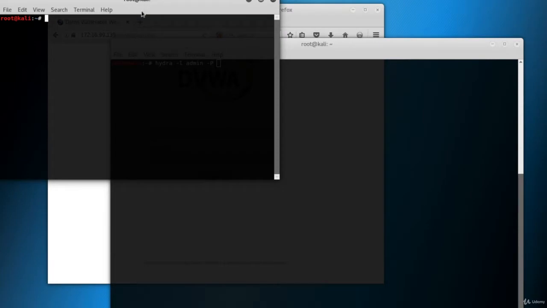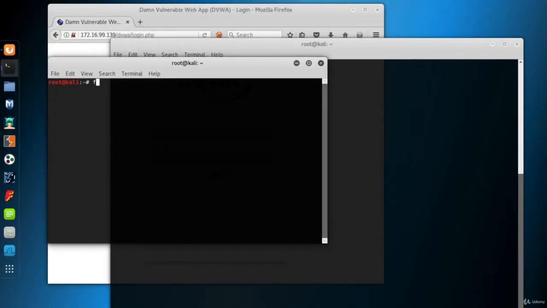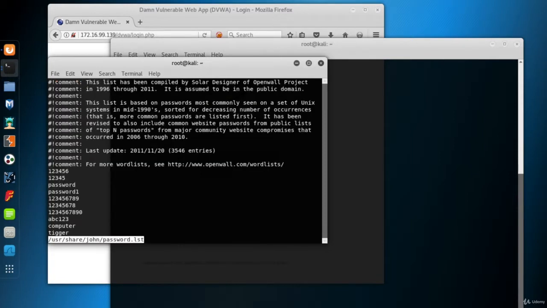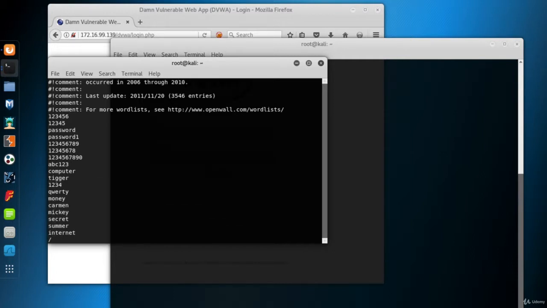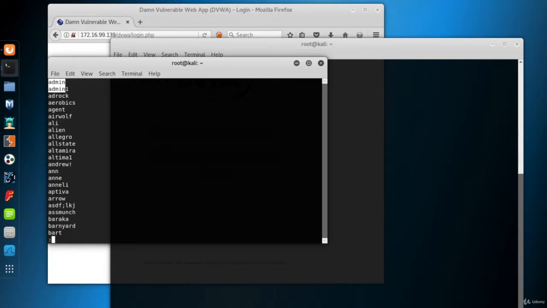So I open a new terminal screen and search for the dictionaries using the find Linux command. So I'm looking for the files that start with pass and have .lst extension. I found a few, so let's look at the contents of one of them using the less Linux command. You can search a phrase with the / indicator within the less command. So I look for admin if the word exists in the dictionary. Well, because I know the password of the admin user is admin, and I want to show you a successful attack,